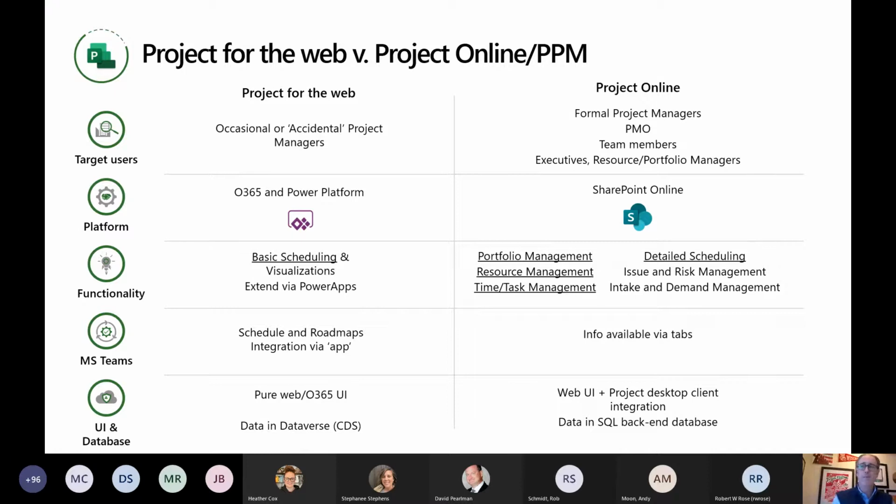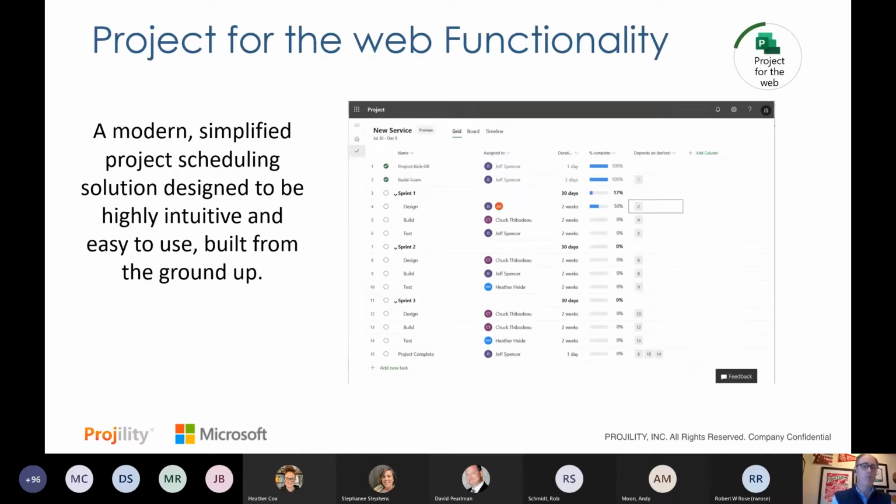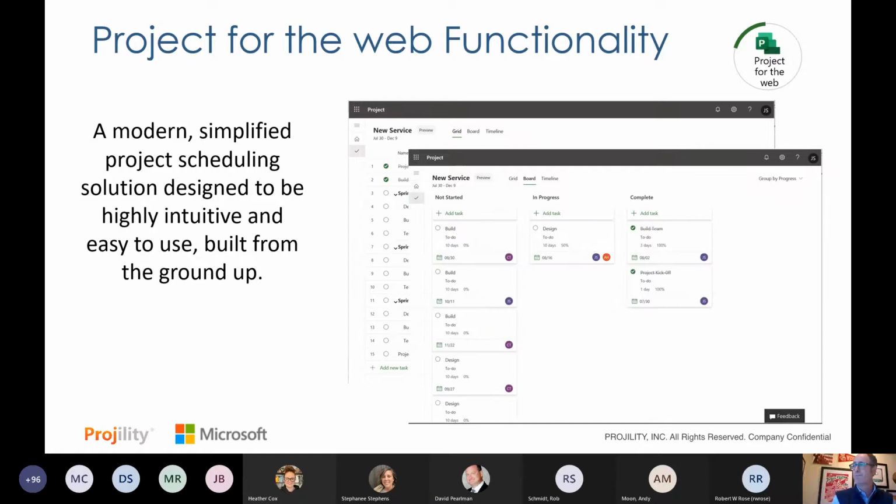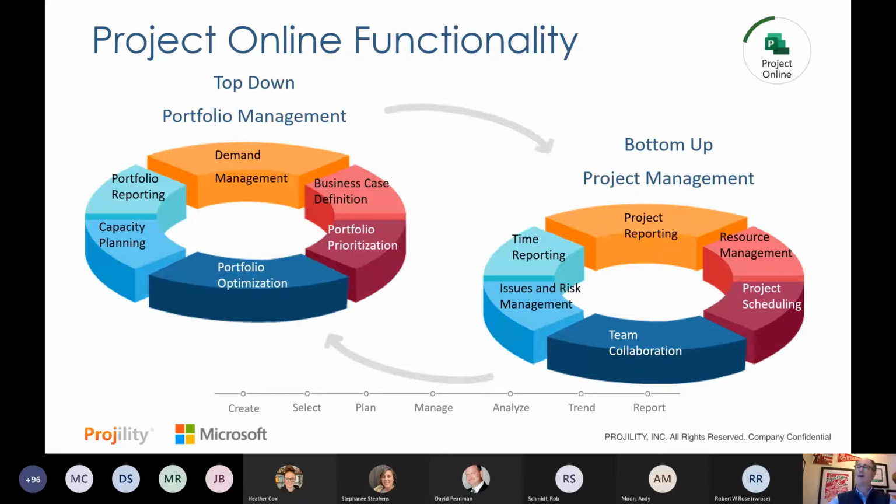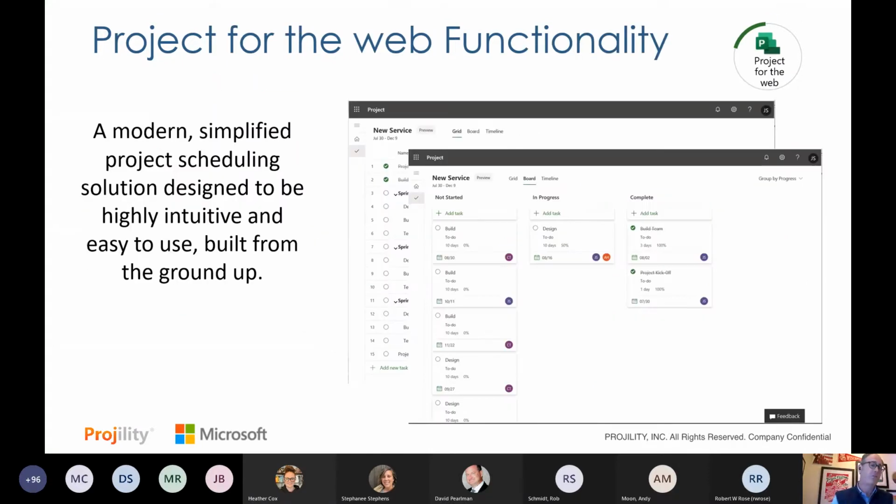And I'm going to show you in the demo, but Project for the Web, really think of it as a much lighter version of Project. It's a simplified, modern, web-based project management solution that allows you to go in and visually build different project schedules and then visualize those in Kanban boards, timelines, and access that data through Power BI. Then you can visualize all this in Teams, and then you can integrate it through Power Apps and build Power Apps on top of it. You compare this to what's in Project Online, and that has portfolio management and demand management and resource management, all the things a formal PMO might need, but Project for the Web is that lighter touch